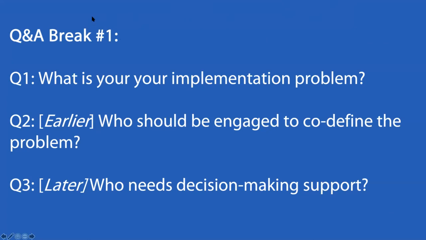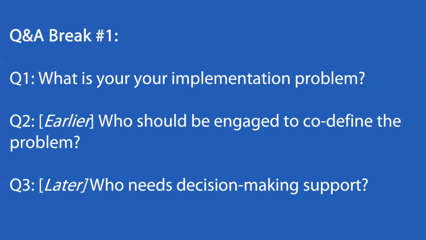I have a question about dealing with turnover. I assume when you're talking about who needs decision-making support, it's not a specific provider, it's like frontline providers, right? It's a group of stakeholders, not specifically designated stakeholders. But when you're collecting this data around defining the implementation problem, and really valuing the perspective of these multiple groups, which I think is super important,